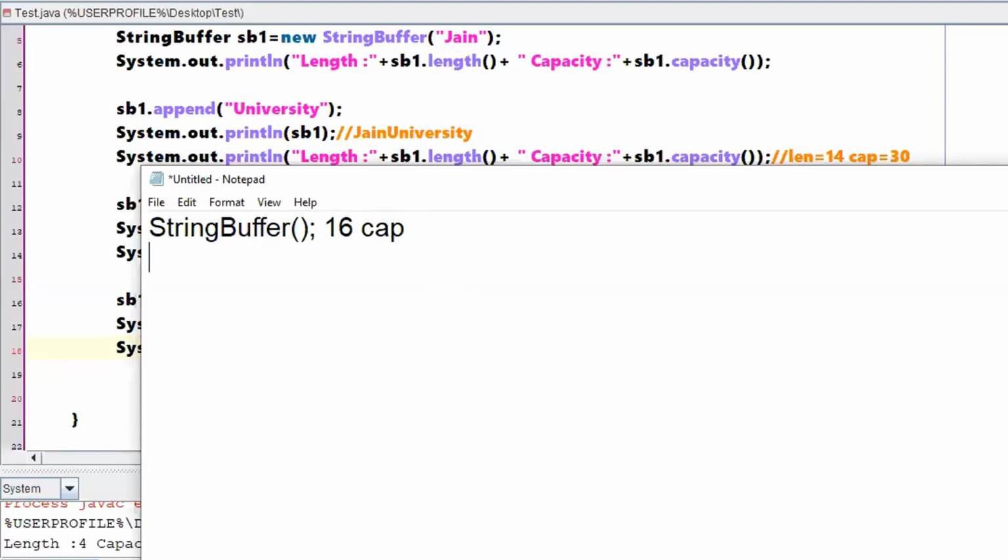Now, when you are initializing that string buffer with a certain value, during the initialization you are specifying a certain string. So in this case, 20 will be its capacity, right?